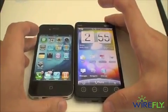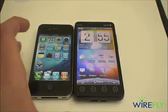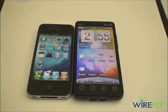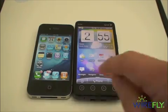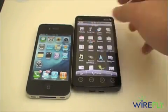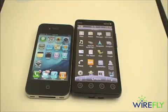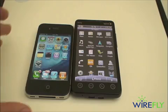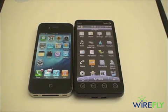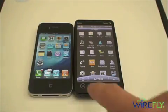Both phones do have a front-facing camera, right there on the EVO 4G and there on the iPhone 4. And that front-facing camera will allow for video chat. And that video chat with the EVO 4G is going to be performed by the Qik application, while on the iPhone 4 you have something called FaceTime, which you connect to when you're in a call with another iPhone 4 owner. And right now you can only